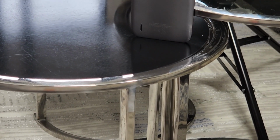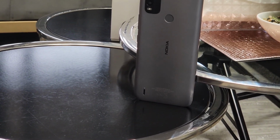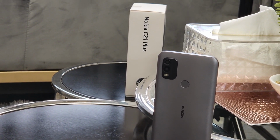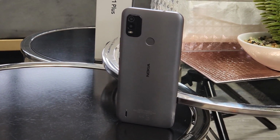You can browse the web, use social media apps, and stream videos without noticeable lags. However, don't try doing heavy gaming with this particular device. It's not meant for that. This is a very budget-friendly device that should be able to handle your daily tasks. Of course, multitasking may result in some occasional slowdowns, which I noticed, but for casual users, the performance